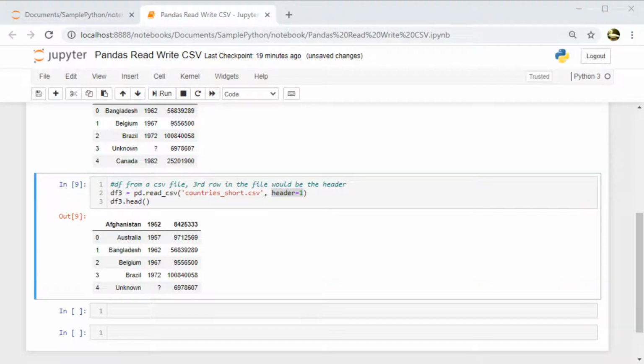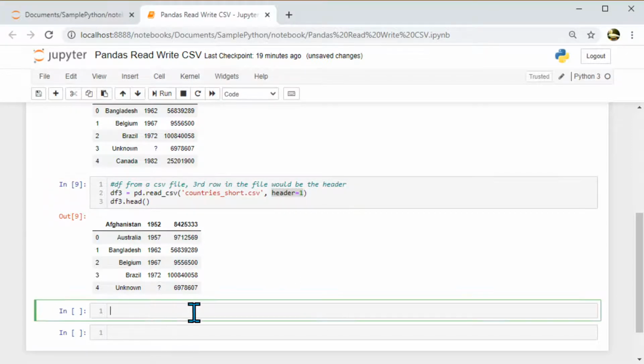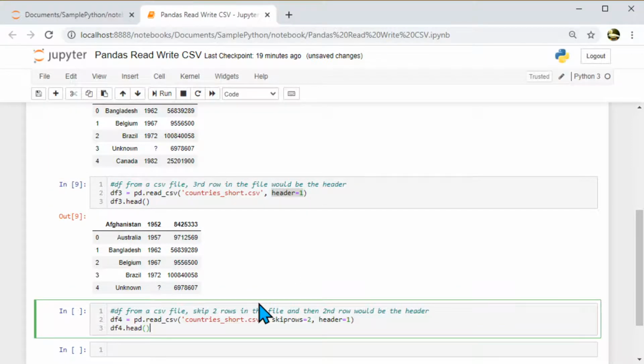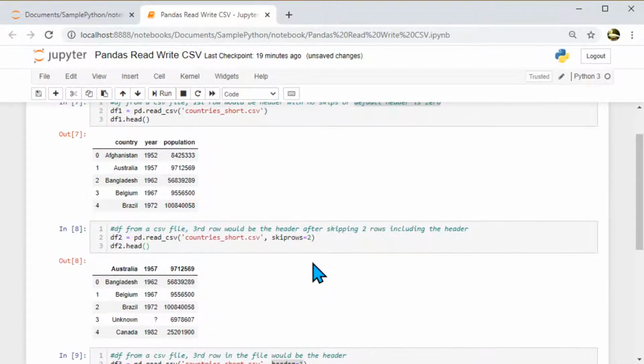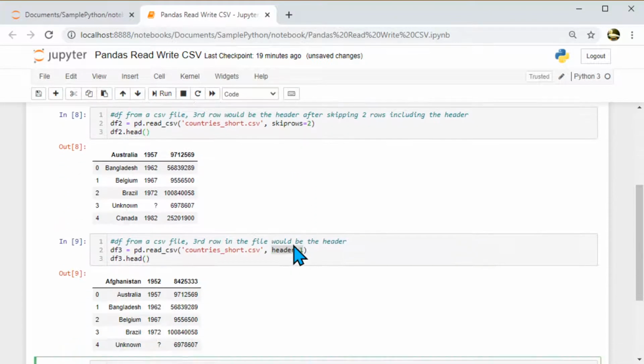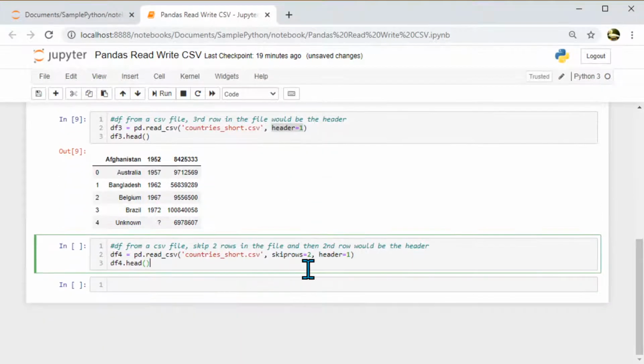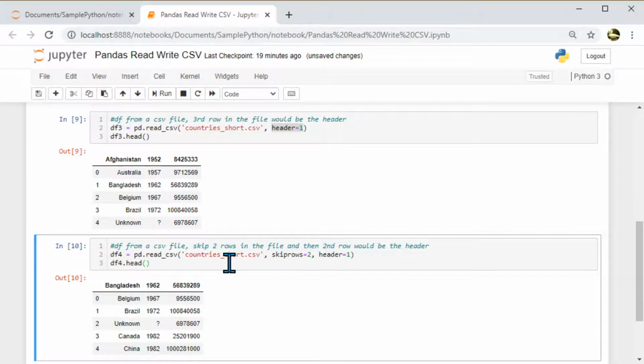Okay, so now let's say I want to skip a few rows and I also want to include a header. So if I have a command like this, basically here I said skip 2, here I said header 1, and now I am combining these two. So what's going to happen is it's not only skipping 2 rows, it's also moving to the next row for the header.